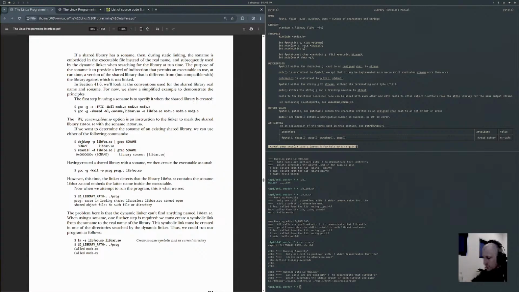For now, we show a simplified example to demonstrate the principles. The first step in using a SO name is to specify it when the shared library is created. So we say gcc